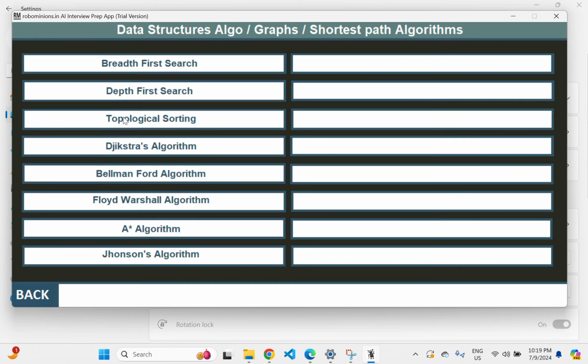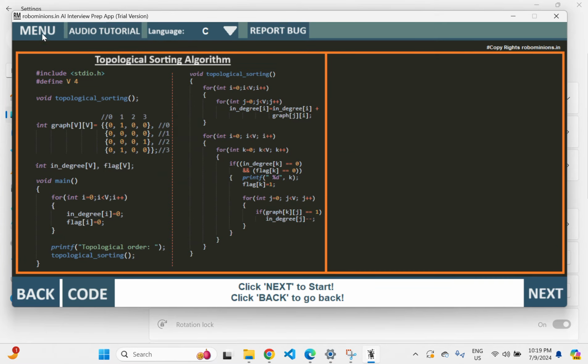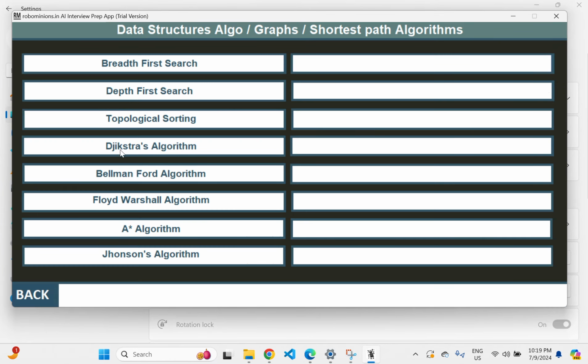So going back, then we have topological sorting, even that code is explained. Then you have Dijkstra's algorithm, Bellman-Ford algorithm, Floyd-Warshall, A-star algorithm, Johnson's algorithm. A few of those topics are still getting ready. And then you have